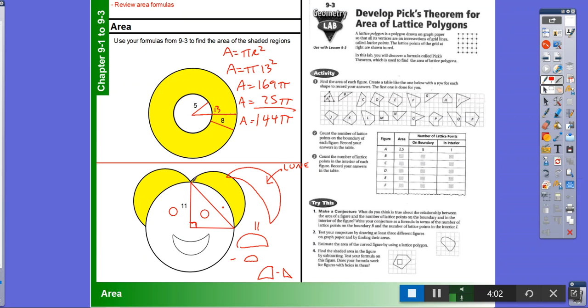But also, I would have to know this distance here. So that makes this 11. This makes this 11 root 2. That's a lot of work. Wouldn't it be nice if there's a formula to find the area of a lune? And here's the cool thing. The lune has the same area as this